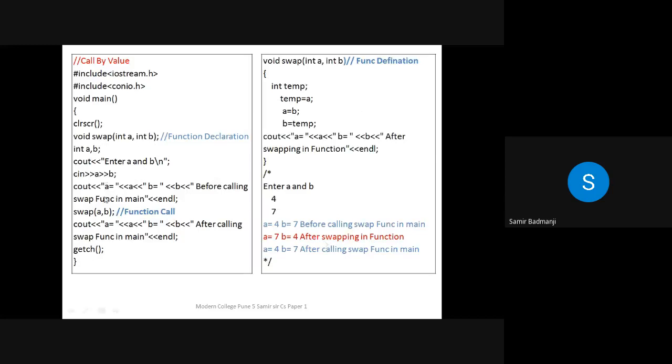When the function is invoked, that means when this function is called, whatever values you pass as arguments here, a copy of those values will be passed as parameters to the function. Whatever changes you want to make in the function, you can make them. Suppose we are interchanging the numbers, so the interchanged numbers will be printed here. But when we return back to the main function, these changed values will not be there in the main function. Whatever the original values of a and b were, they will remain the same.